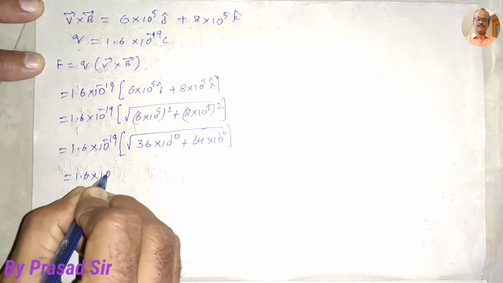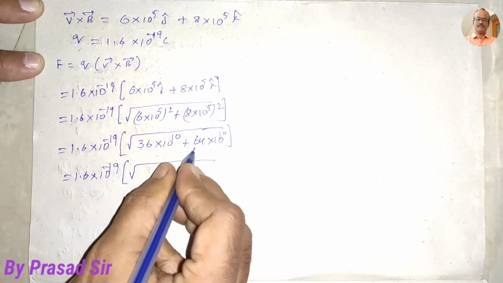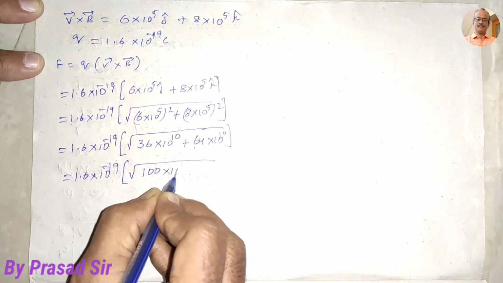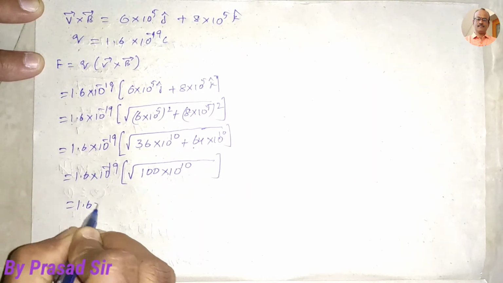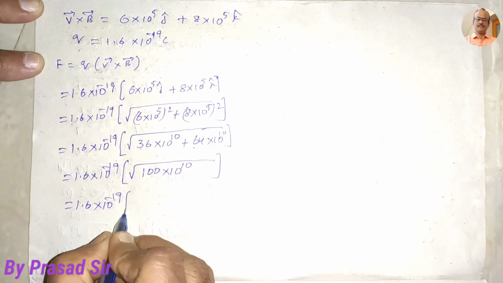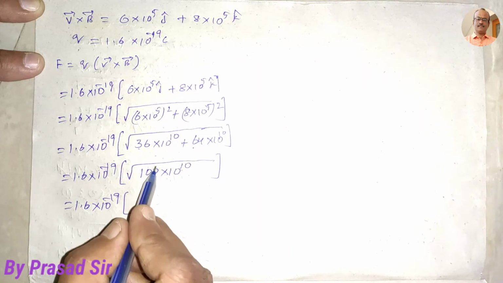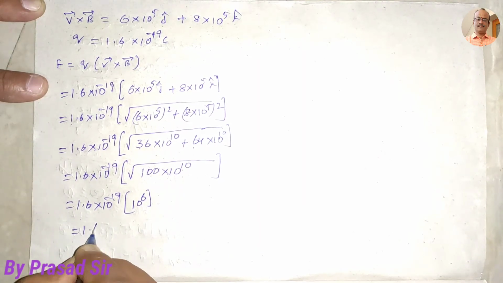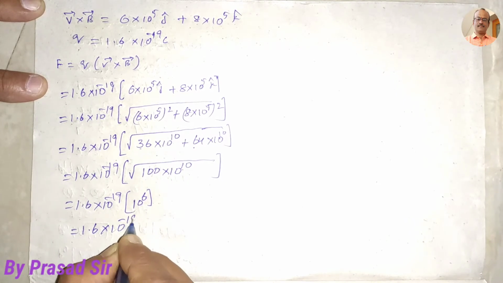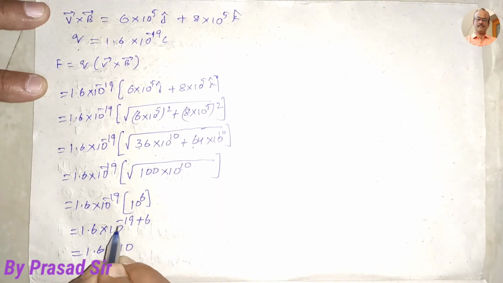So 1.6 into 10 to the power of minus 19 square root over 36 plus 64, 100 into 10 to the power of 10, gets common. So here 100 is 10 square, that is 10 to the power of 12. 10 to the power of 12 root is 10 to the power of 6, so it is equal to 1.6 into 10 to the power of minus 19 plus 6, is equal to 1.6 into 10 to the power of minus 13